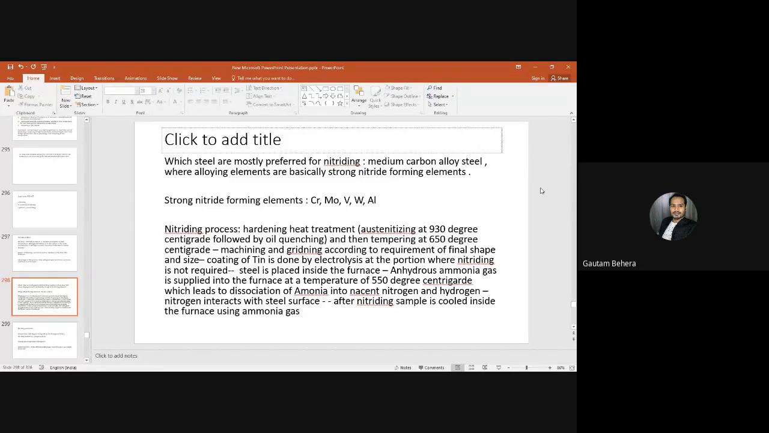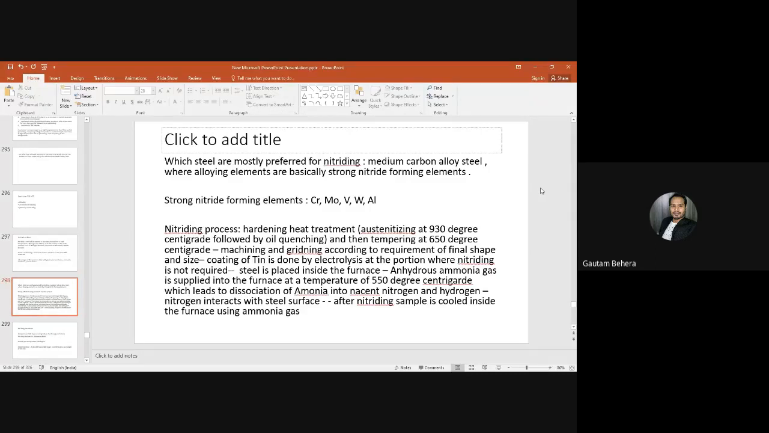So now the question is, which steels are most preferred? If you remember, in carburizing we basically prefer low carbon steels. Why? Because low carbon steel has some ductility, and we want to increase only the surface hardness. We want the core to be tougher or ductile, but the surface should be harder. But in this case, we need